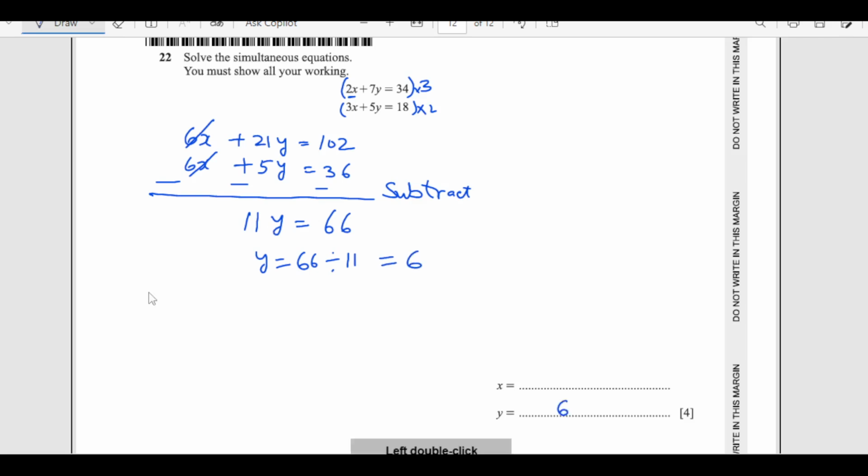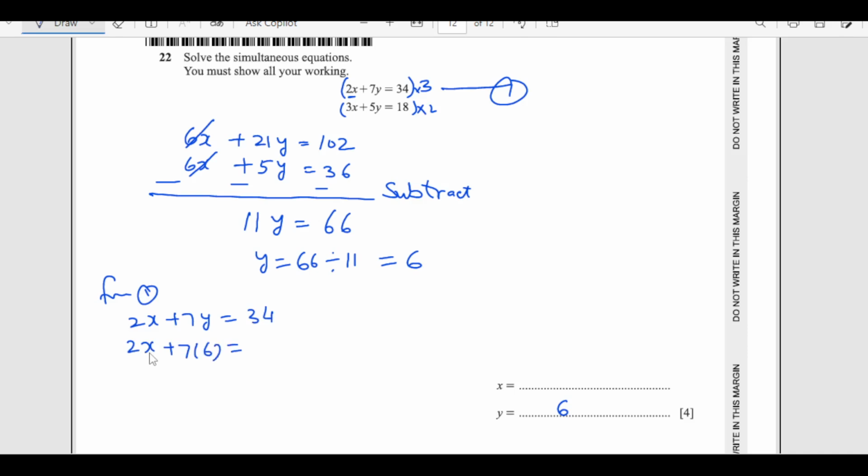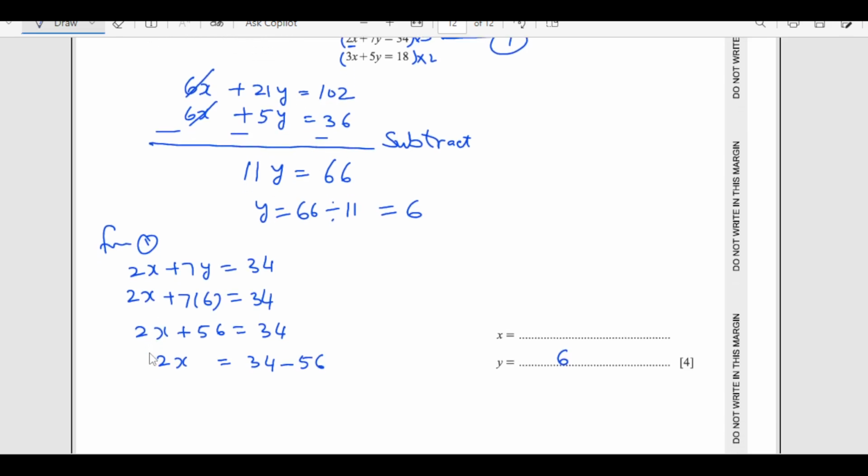So once we get the value of y, then we can find out the value of x. We can take any equation. I'm taking the first one. So from equation 1 we have 2x plus 7y equals 34. Now substitute the value of y. 2x plus 7 into 6 equals 34. So 2x plus 7 times 6 equals 34, and 2x is 34 minus